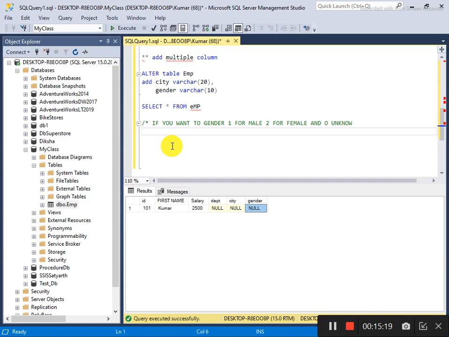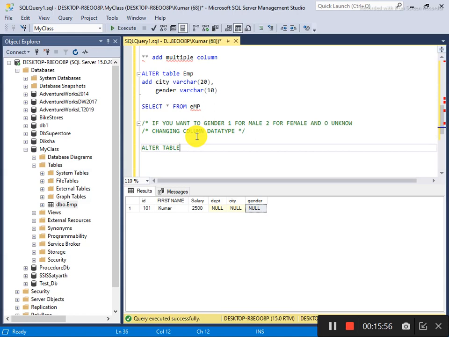You will do it the same way, like how do you modify? Changing a column data type is the same way, like alter. Alter the name of the table, alter table.